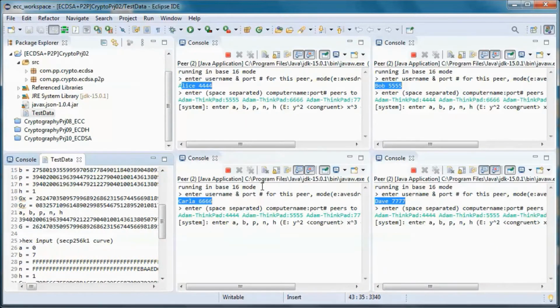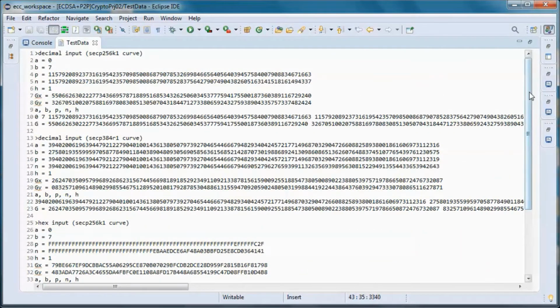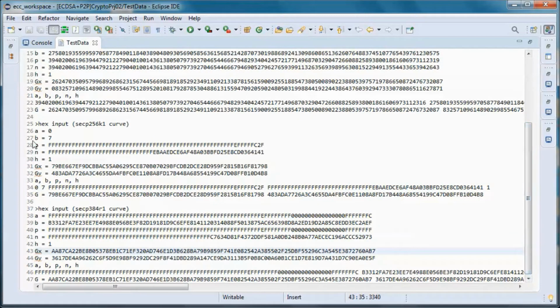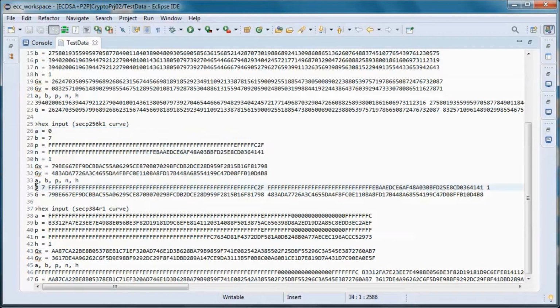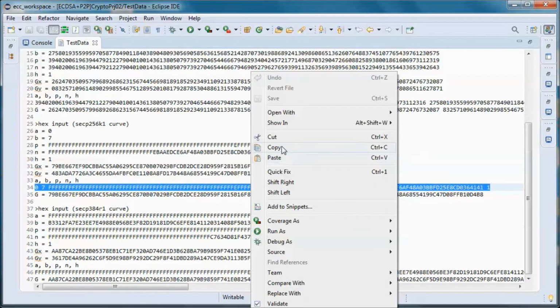And since we are running in hex mode, let's go ahead and pick up those values. So A, B, P, N, and H for the curve, for the SECP256K1 curve in hex format.